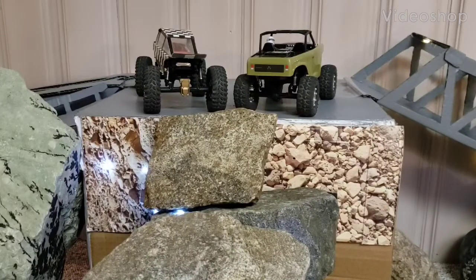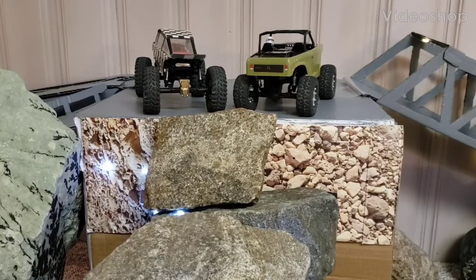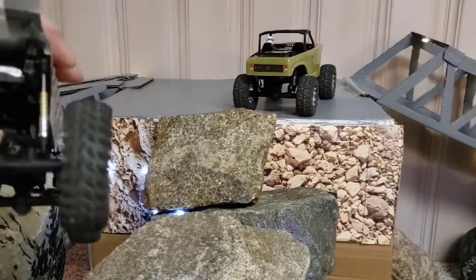I had a request last night at the SCX24 Mods and Fun Facebook group for a video to show the effects of adding the kinetic shocks to the back of my crawlers. So today we're at my off-road center for research and shenanigans, and today I've got my original truck that's modded